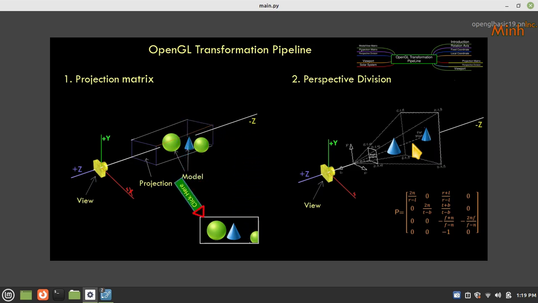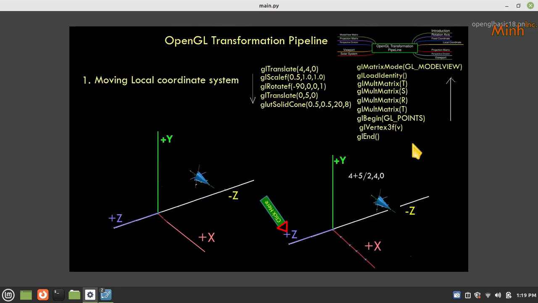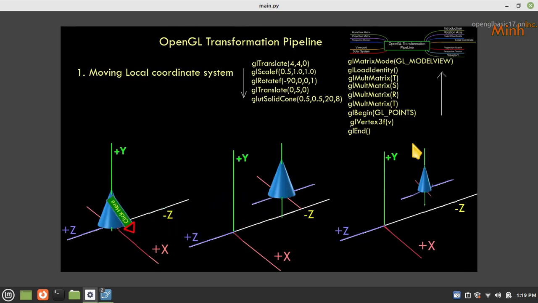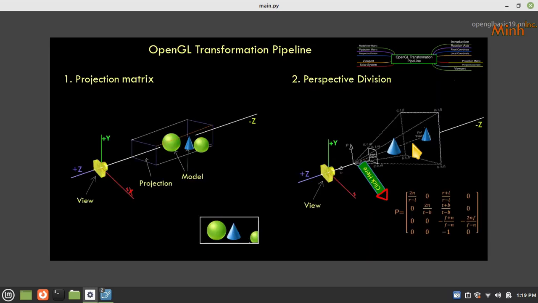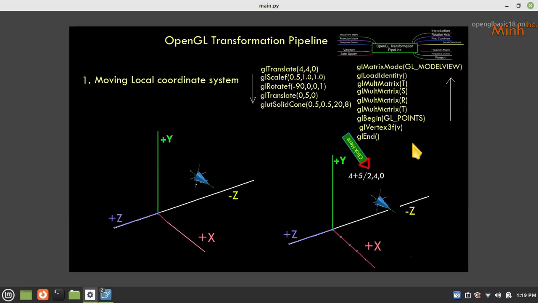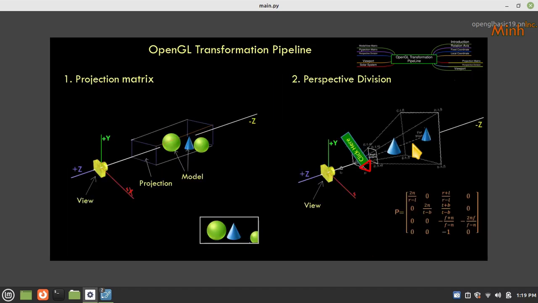So whatever the new coordinate we see, here at the beginning the object is at the origin. Now it moved and the object is here. Whatever we see is called the eye coordinate. That is 4 plus pi by 2, 4. So this is the eye coordinate, and the camera sees in eye coordinate. So the camera is saying the object is here, but